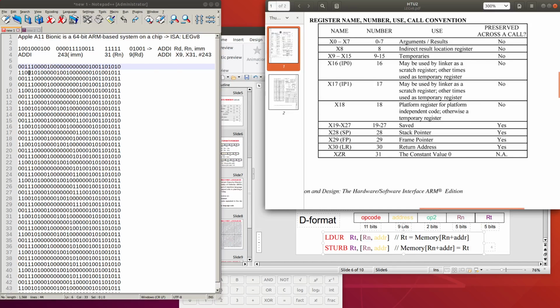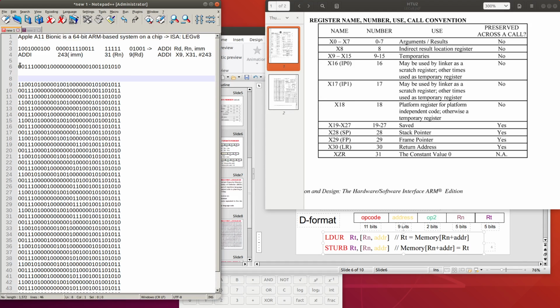Next, we will convert the second line, or the second 32-bit sequence, into assembly language. We can see here it starts with 0 0. Okay, let's take a space first. It starts with 0 0, and then 3 ones, and then 4 zeros, and then 1 0.